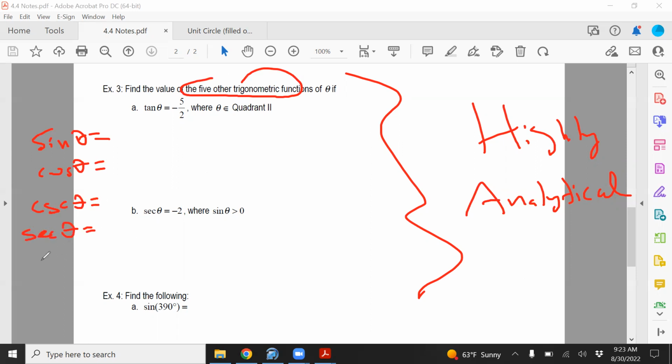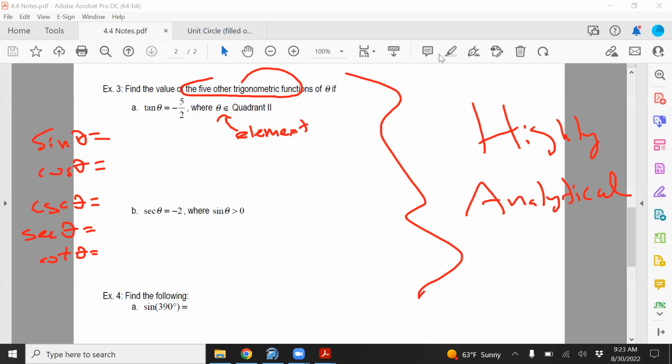What is that symbol between? It's not a dumb question at all. It's called element. It's a fancy math symbol. It just means it's a member. So theta is a member